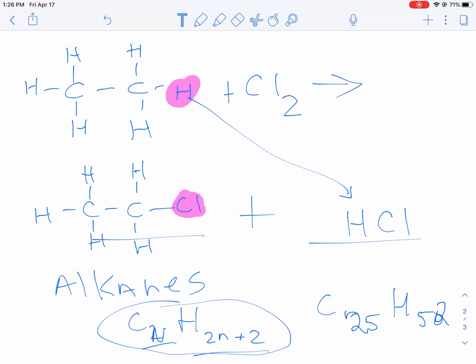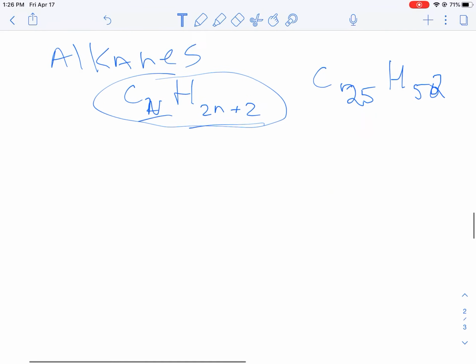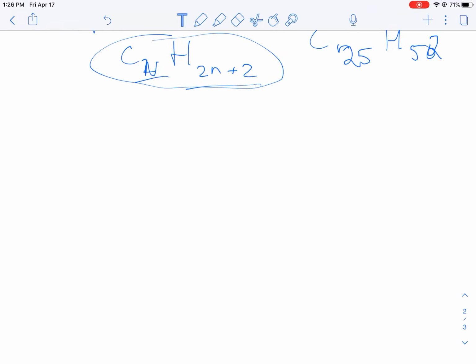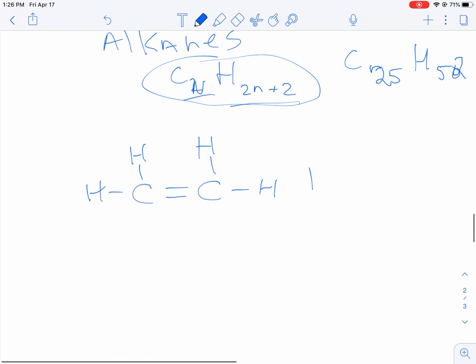The last problem that we're going to take a look at is an addition. Now, additions will happen with alkenes. So I've got to have at least a double bond. You'll notice there's 4 sticks out of every single carbon. And here we are. There's our alkene. If you have the chlorine happening with this, you're going to notice we will only have one